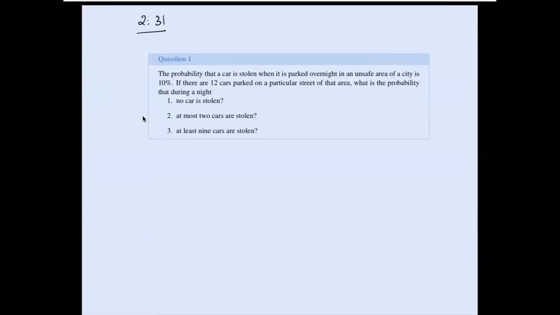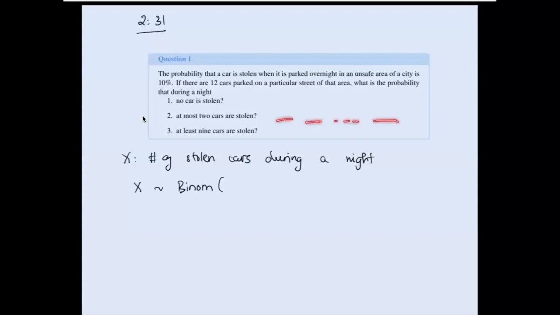Okay, so here we are interested in the number of cars that got stolen. So we will let X denote the number of stolen cars during a night. Then we will have X follow a binomial distribution. The number of trials here is the number of cars that we have, because think about it, we have a bunch of cars, and each car is one trial, whether it got